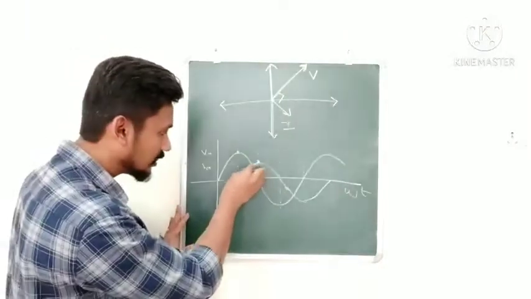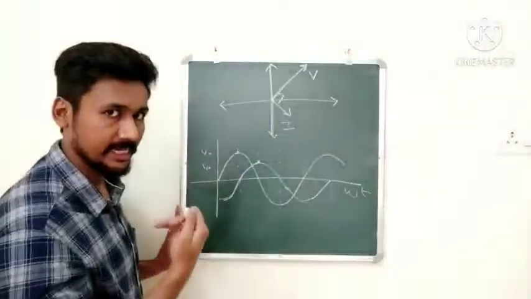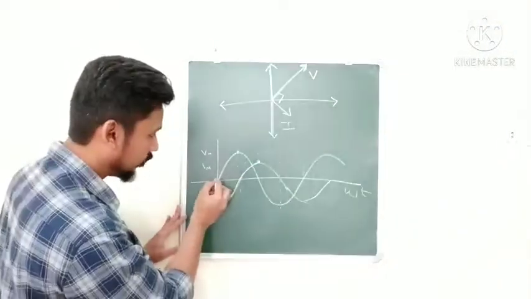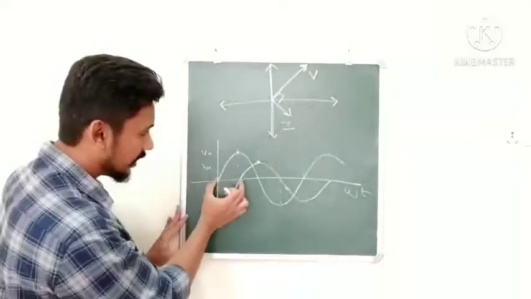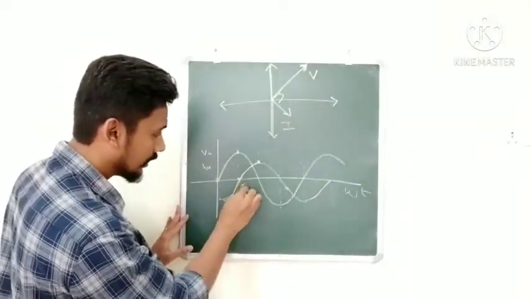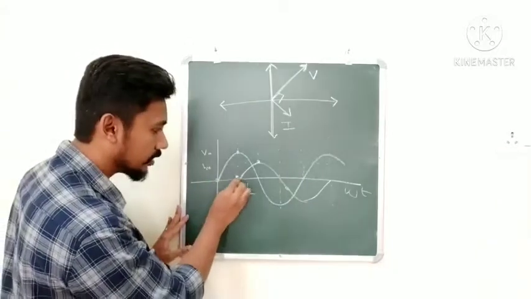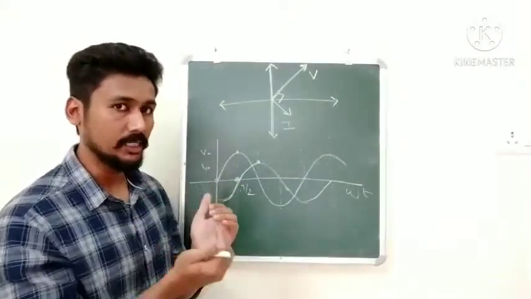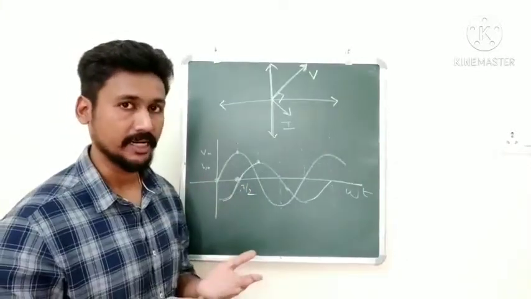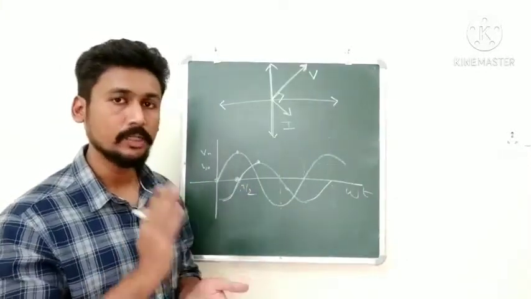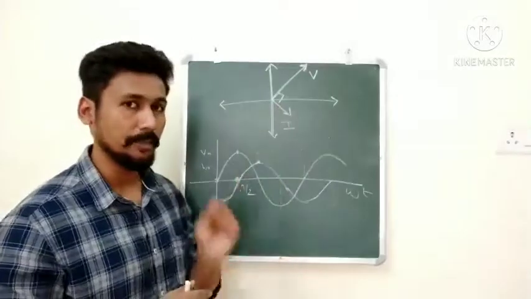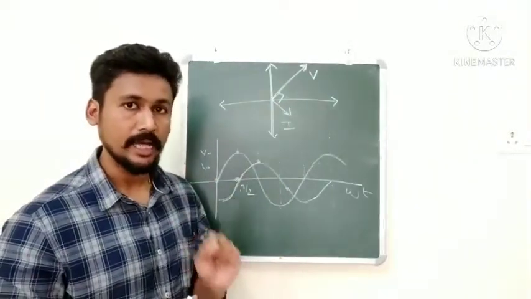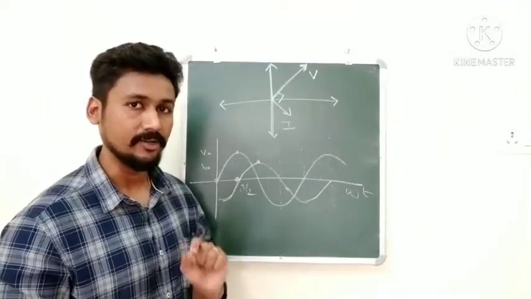So this is what it means, that current is behind by 90 degrees or pi by 2. Here voltage was 0. Okay, after a time of pi by 2, the current also became 0. Okay, so always current will be following the voltage in an inductive circuit. Once again, make sure that you are seeing this topic very closely and reading from the textbook. Then it will become more